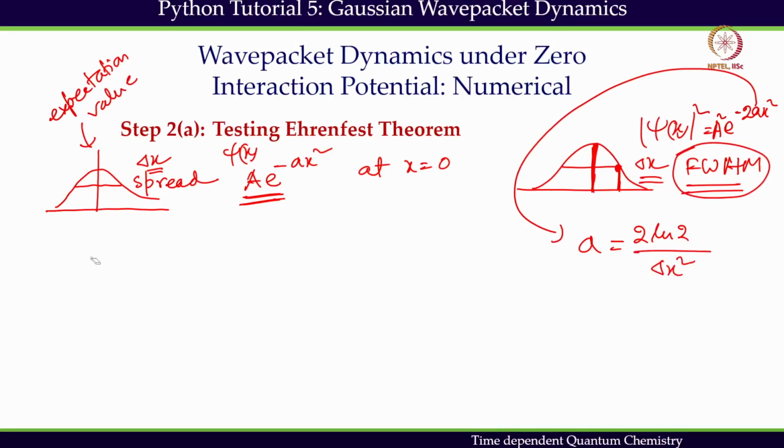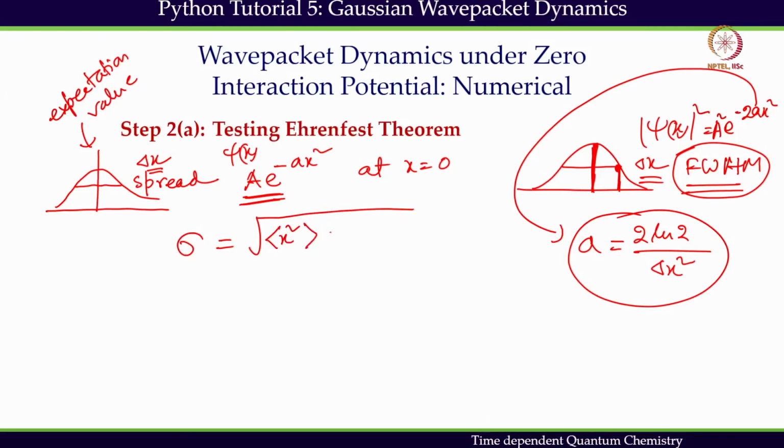This is something we should remember, that that's the convenient, this is the standard procedure we follow always, and based on that only we defined a equals this one. Now in a different context, when you deal with Gaussian distribution, the width is also expressed in terms of its variance, and that is defined by